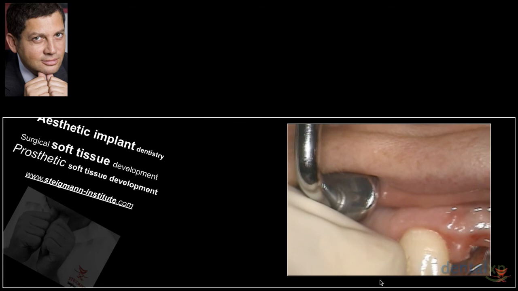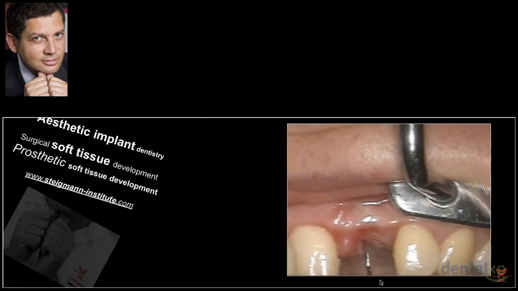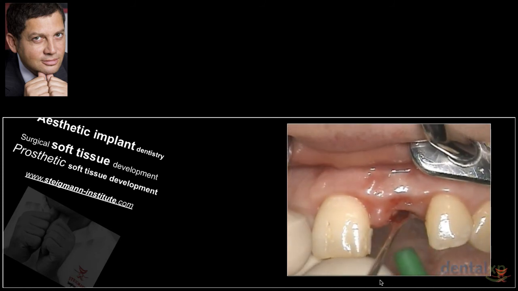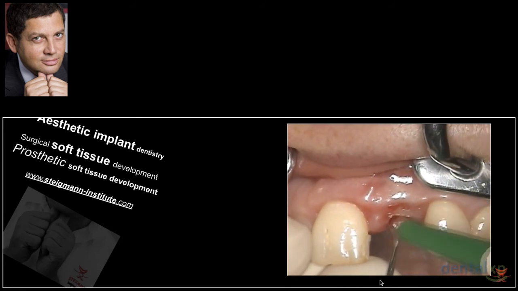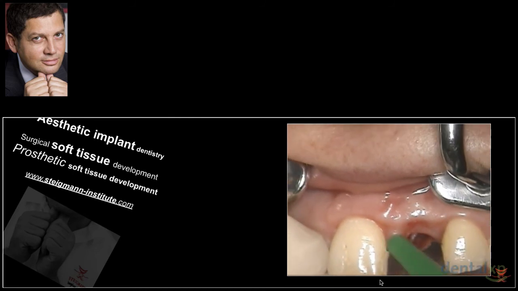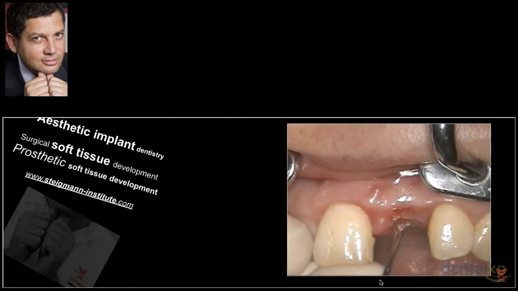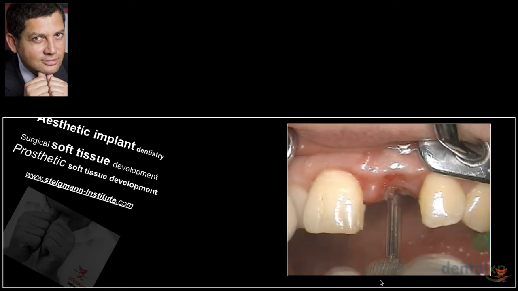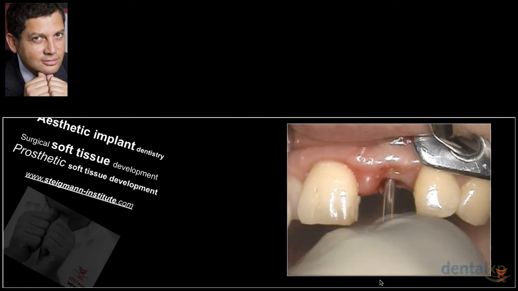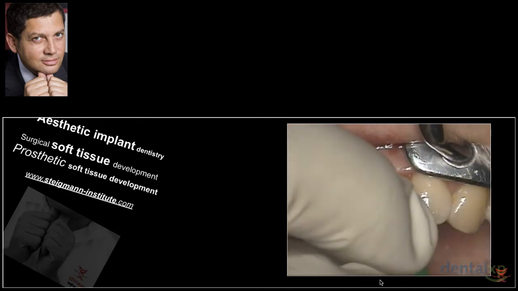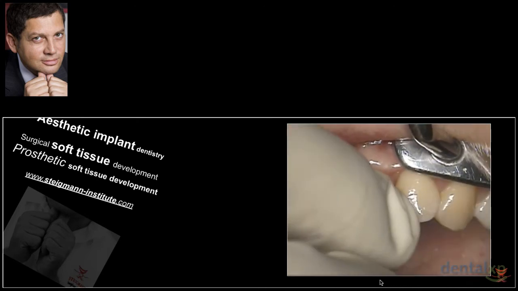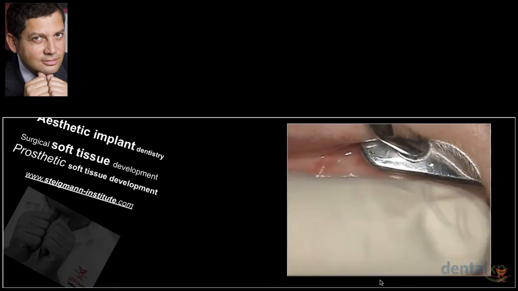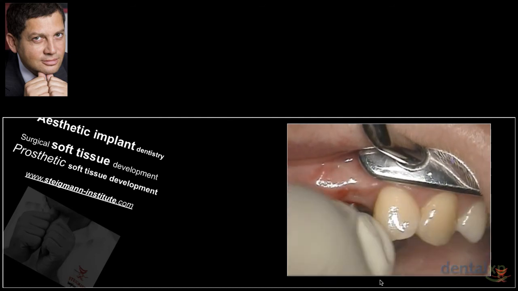What we can see is that in these cases, where we have enough keratinized gingiva from the mucogingival junction to the gingival margin, we can follow the contours and don't have to do any soft tissue manipulation like a papilla reconstruction technique or a split thickness flap. So we can see that with very small incisions we are able to remove the cover screws and place a